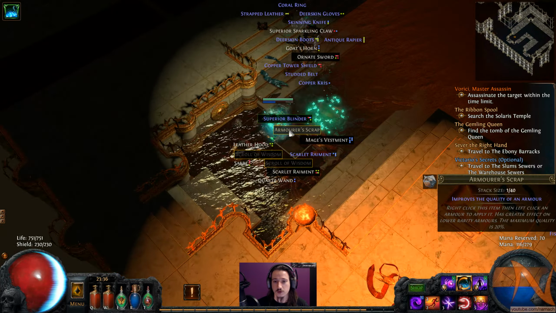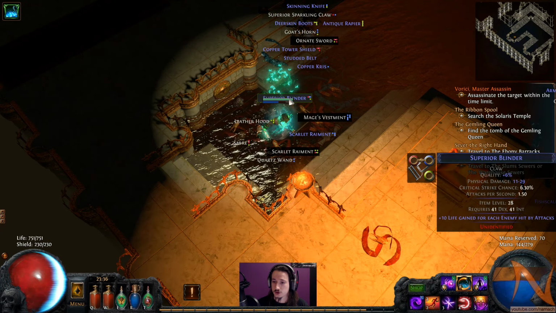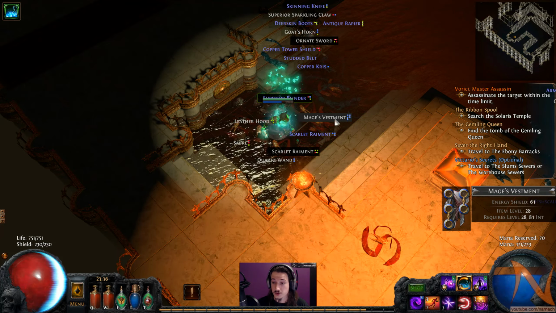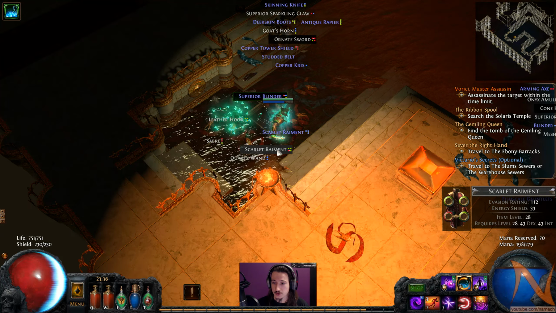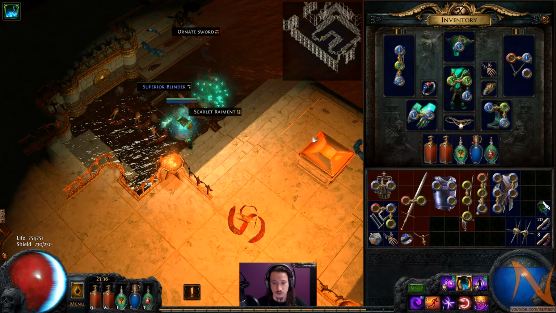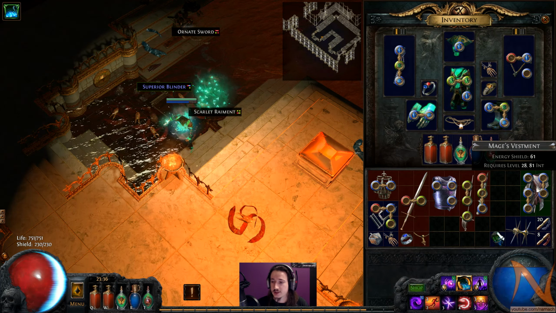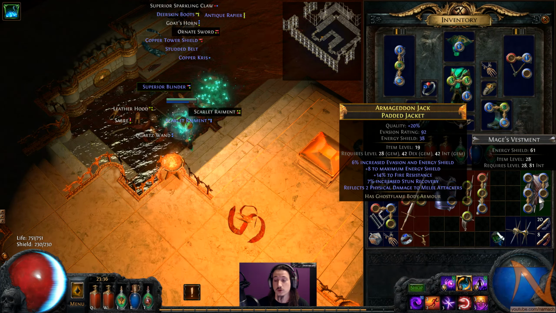Chromatic boot knife, always nice. Some wisdom, some blinders. Everything has, oh wow, 5 sockets on a mage's vestments. That's Scarlet Raiment. Ooh. Hey, this is just a nice item to bring along. I mean, you can't get 5 sockets until level 35, so this is way too early, which is pretty darn